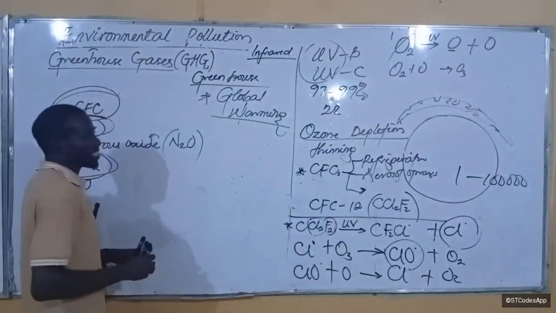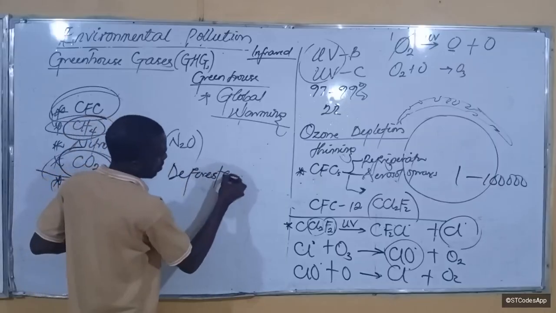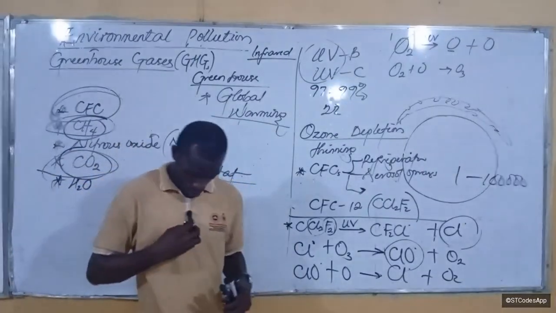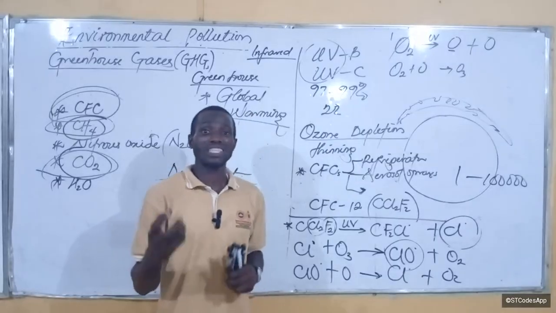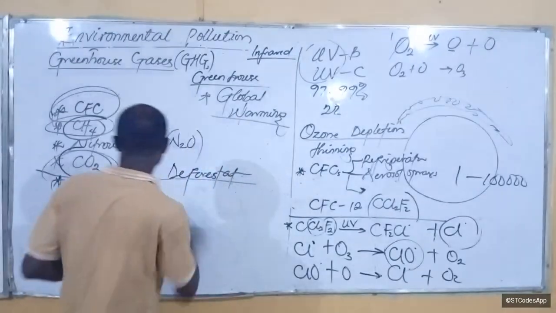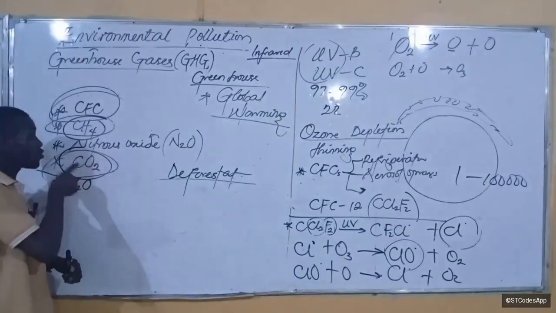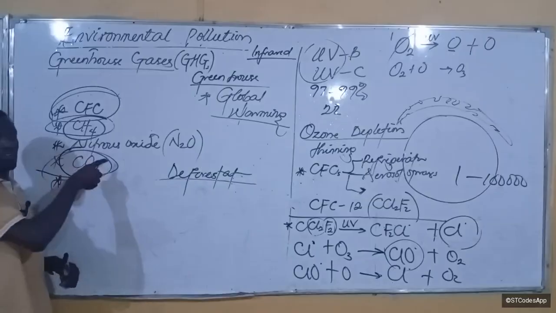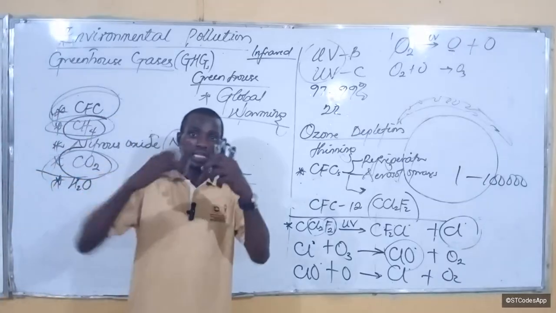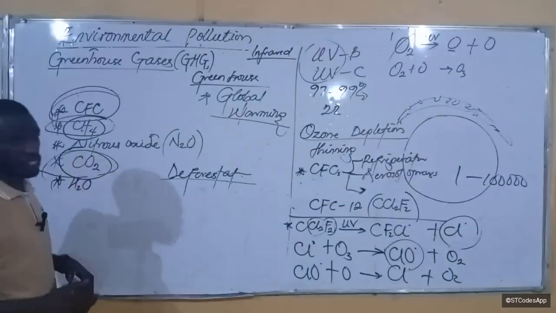Now, then again, you might have heard that deforestation causes global warming. Why? The reason is that in deforestation, we are removing the plants that are supposed to sequester CO2. So in as much as they are absent, it will make the amount of CO2 become what? A nuisance amount, and because of that, they will take up heat. And because they are heated up, they are not leaving the atmosphere, causing the atmosphere to be warm, as well as these other gases that I just mentioned.